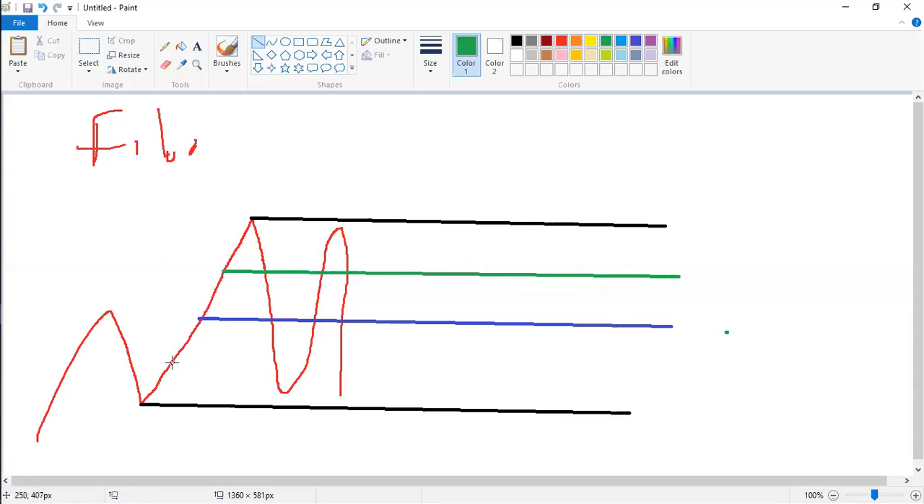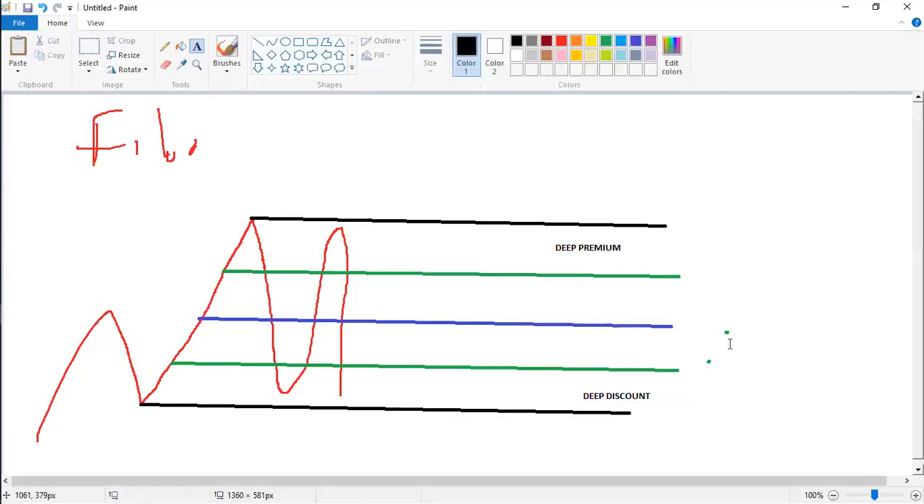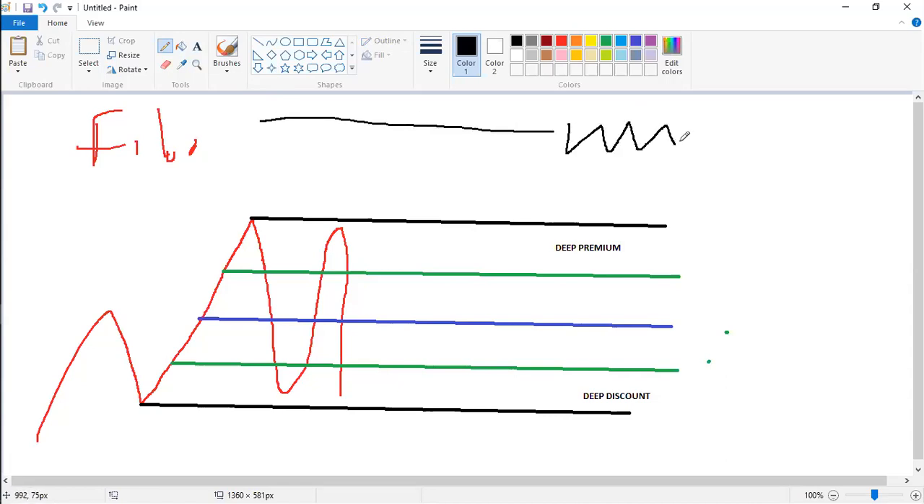And you divide the discount again in half. This only applies to a ranging market, when price is moving sideways. So now, when you have this, we only want the deep premium and deep discount, right? So in a ranging market, when price is just moving sideways like this, you only sell